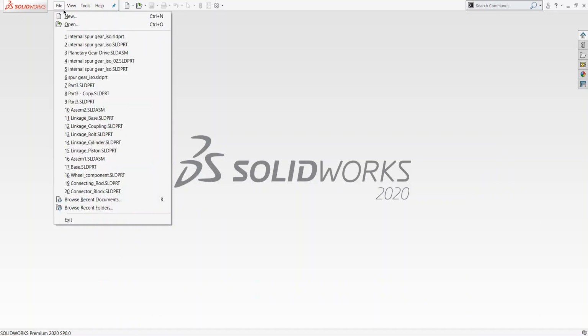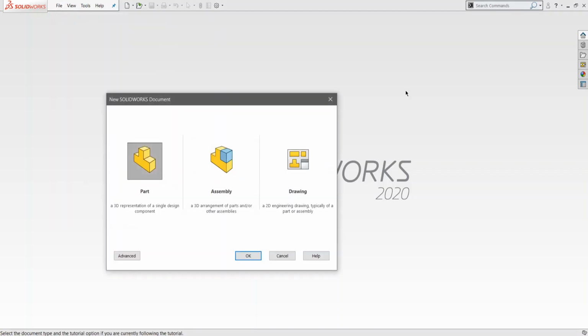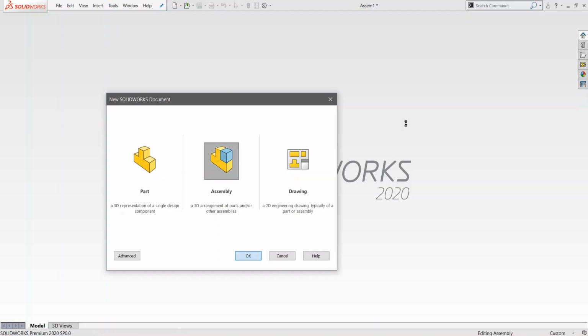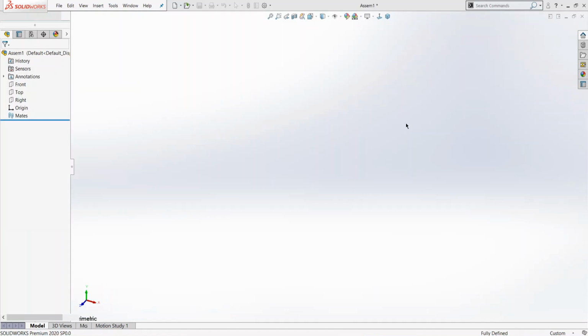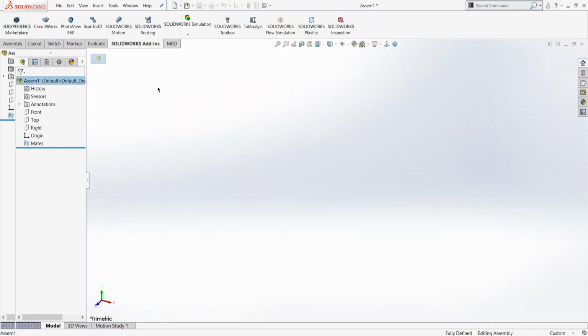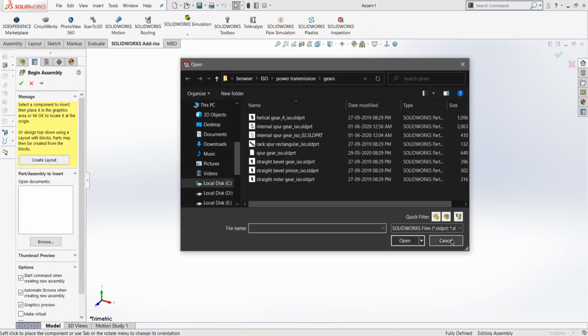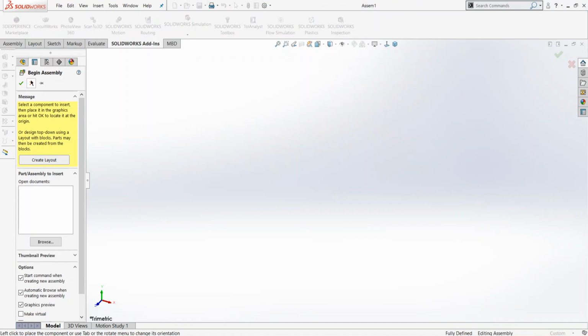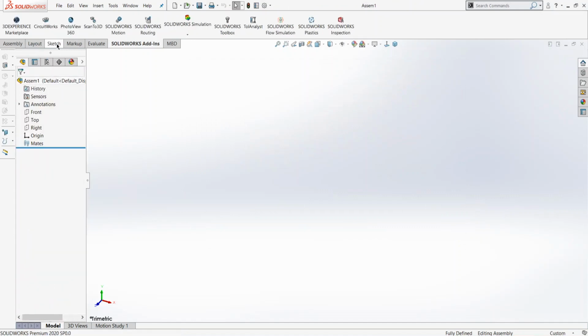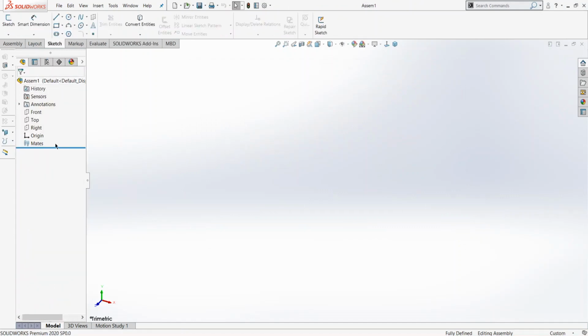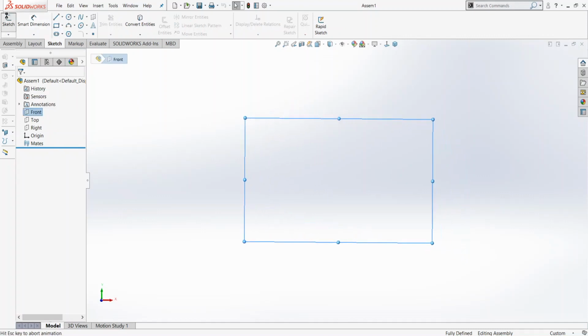Go to File, click on New, make sure you select Assembly, click OK. Now select the front plane, cancel this thing. Go to the Sketch tab, select the front plane, click on Sketch,